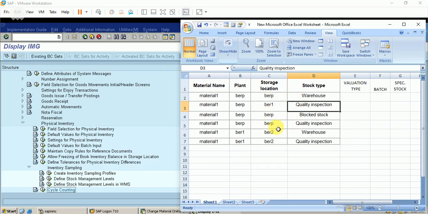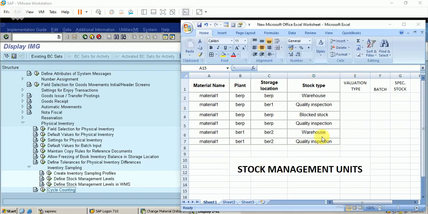identical stock management units. These separate line items constitute a separate stock management unit, and the material document is posted according to the independent stock management units, and the material, collectively having these different fields, are collectively called inventorized stock management units.